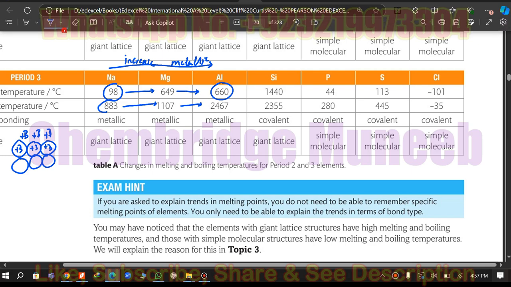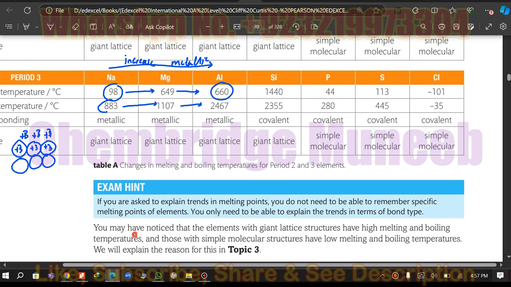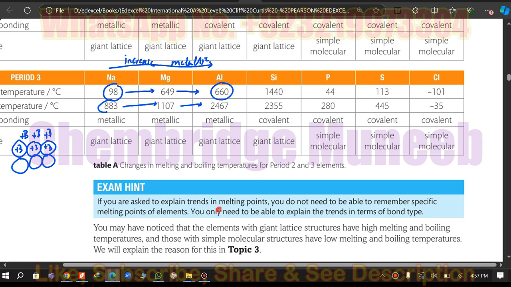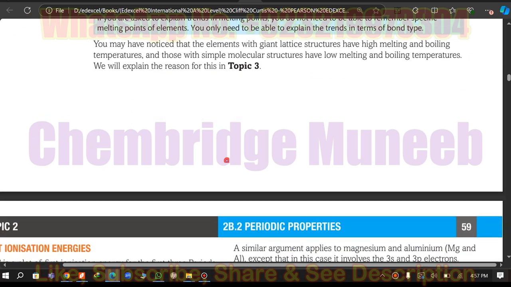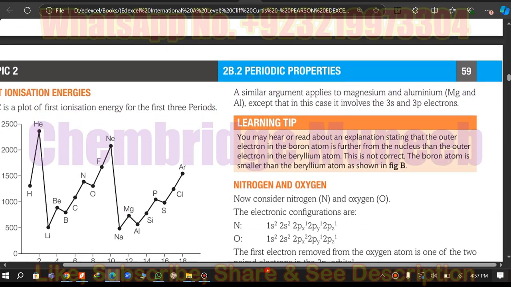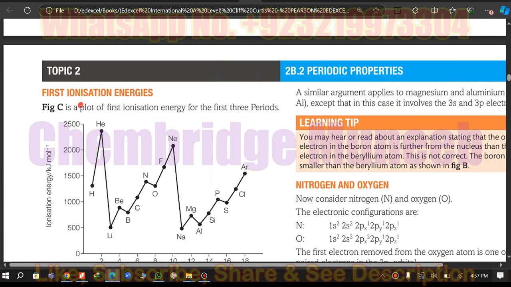You have just seen there is some explanation down here. You may have noticed that the elements with giant lattice structures have high melting and boiling temperature, and those with simple molecular structure have low melting and boiling temperature. We will explain the reason for this in topic 3. So you will study the reason in topic 3 of chemical bonding. Chemical bonding will reflect these values. So we can skip this and move on to the next topic, which is based on the first